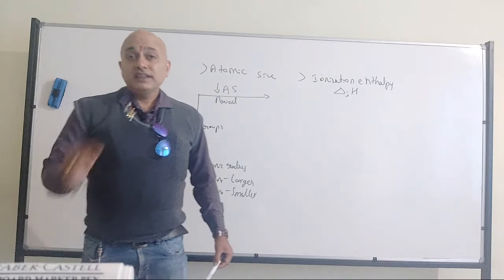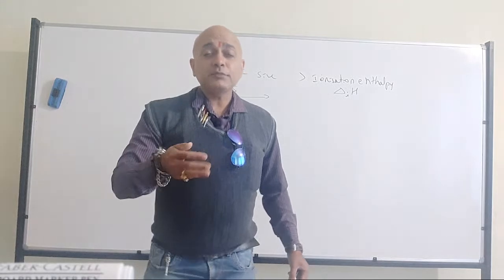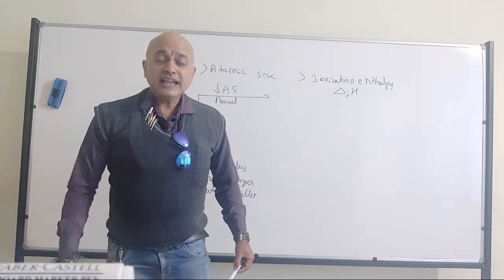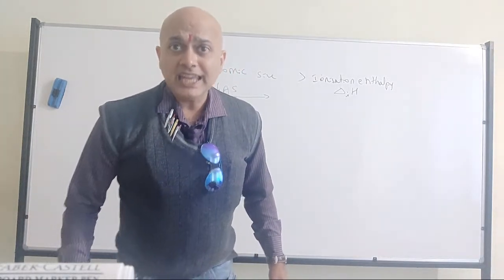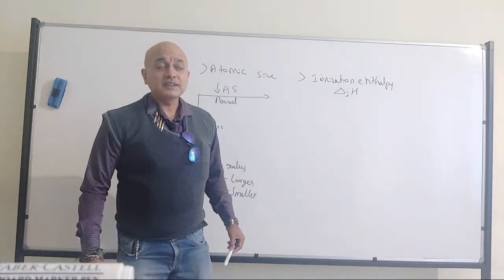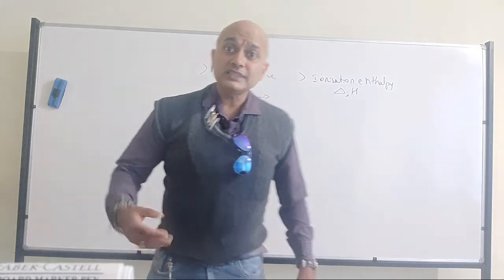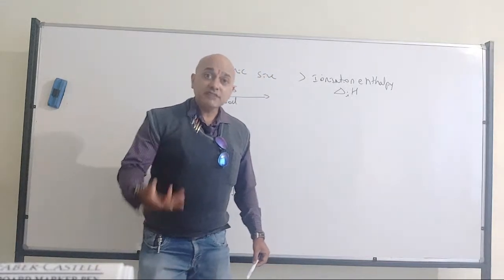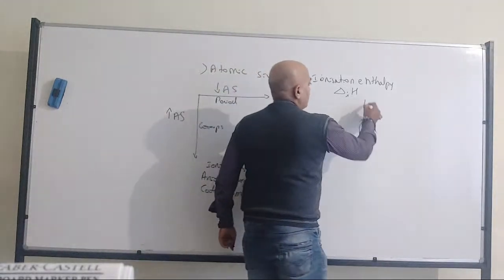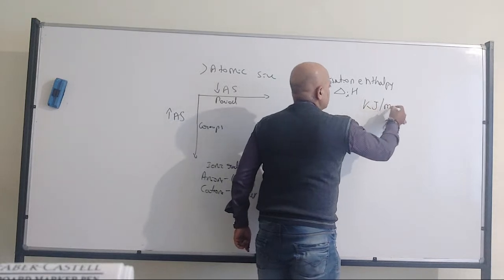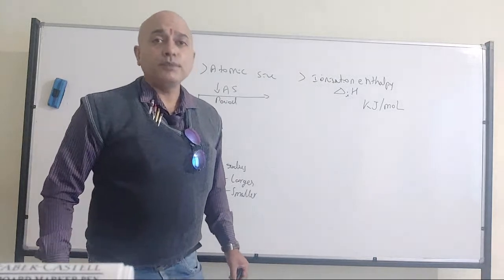That means, in the sentence itself it is there: amount of energy required. That means we are using energy, so naturally the word enthalpy we are using. Therefore it should be in the thermodynamic way, and we have to give the values. The values will be positive because there is a utilization of energy, an investment of energy. Therefore whatever value is there, it will be positive, with the unit of kilojoules per mole. Anything is fine, the unit will be kilojoules per mole.